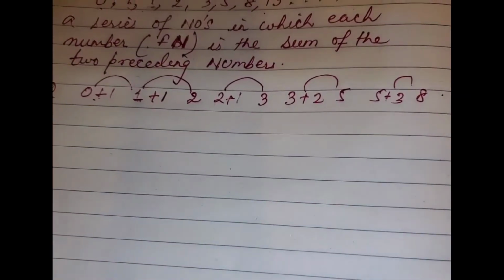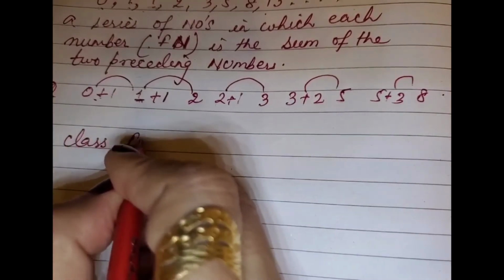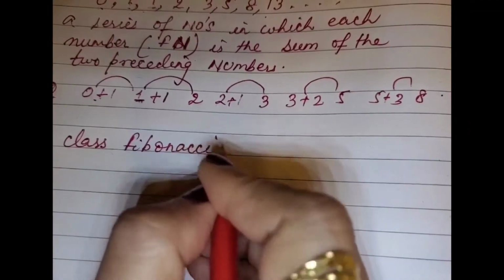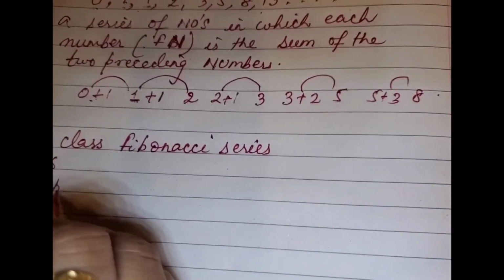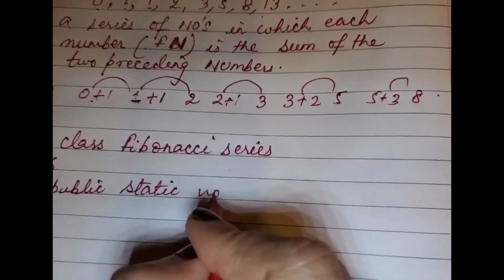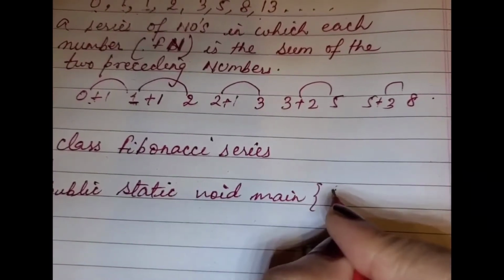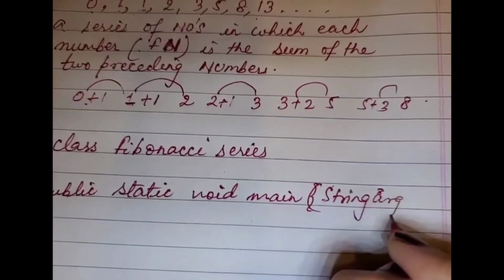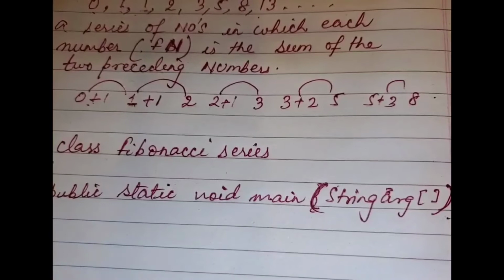For the program, as usual, I'll write class and I write the same name as the program. It would be very easy to remember that this program is Fibonacci series. So the program name is class FibonacciSeries. Open the curly bracket as we do, and then the rest of the body of the program, which we already practiced many times in my previous programs also. If you are confused, please go through them and find out what to write. This is String args and then the rest will be the same. Okay, now what will be the body?